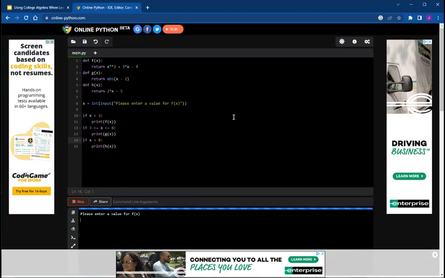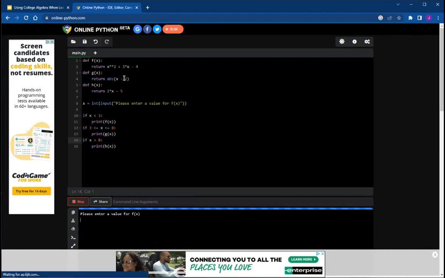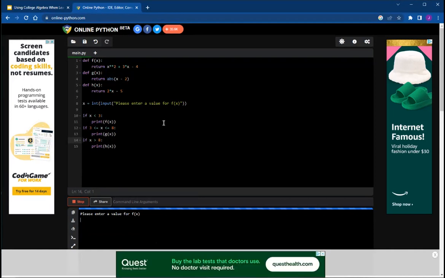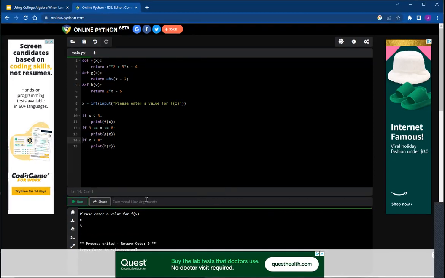And then let's do it again for maybe a value like 5. Let's take a value of 5. So the absolute value of 5 minus 2 would be 3, and absolute value keeps a positive value positive. So it should give us 3 when I enter in an x value of 5, and it does. So that worked. And then let's try one more. So I'm going to run this. And what if it is greater than 8? So let's say 10. So 2 times 10, that's going to be 20, minus 5, that's going to be 15. So let's enter a value of x for 15, and it gave us